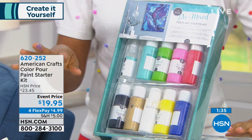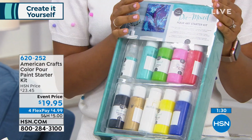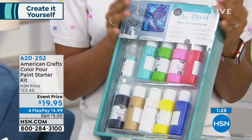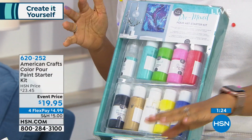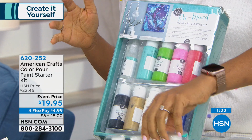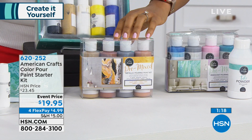Now over here, I do want to talk quickly about the additional options we have. Of course, you have the starter kit. Like I said, that's going to come with the 9 colors of paint, a great way to start your paint pouring experience. But we do have the metallics, and I believe these are jewels. I'm not sure. This is the iridescent. So larger bottles of